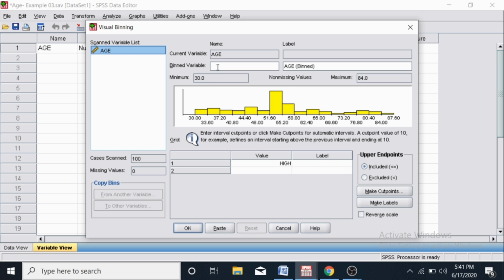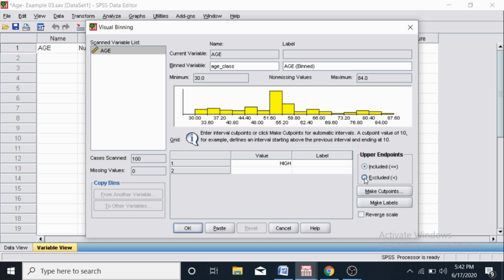See. So after that, the binned variable will be named as age class, because we are going to make the class intervals. Okay, as we have seen, the maximum age of our patients is 84, which is above 80, and the minimum is 30. We need to make cut points. For making the cut points, what is a cut point? The minimum value is added to the width of that class, and we know how we can calculate the width. We have already done that.